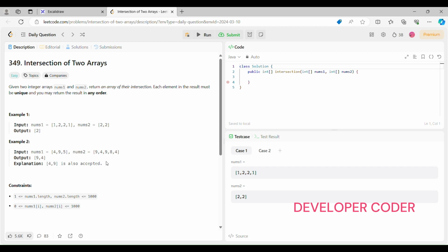Since we are dealing with a unique result, we have to give just the unique result. So let's use a hash set for that. Let's remove the duplicate elements from our nums array. We can do that, so let's create one hash set of integers. Hash set of Integer